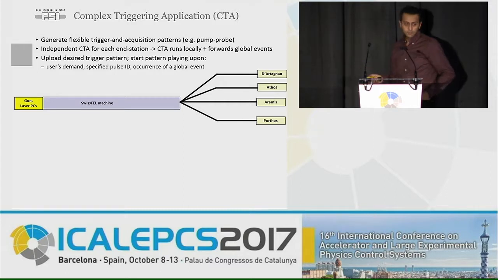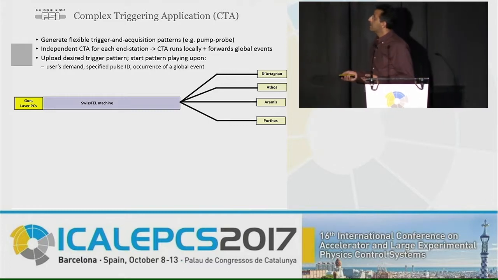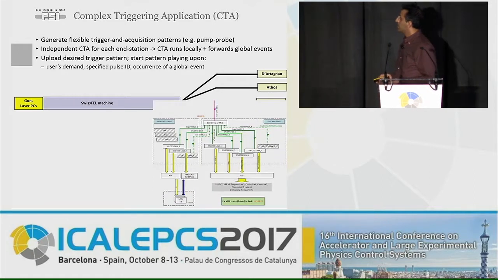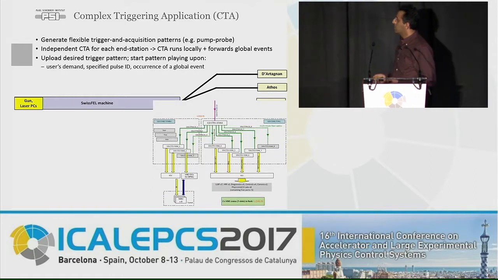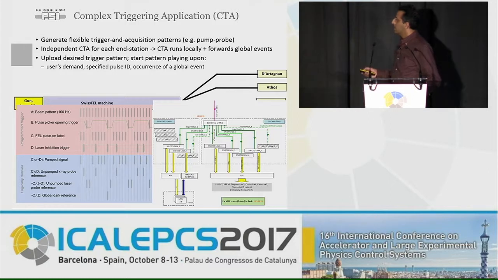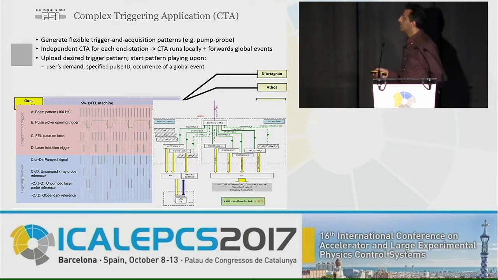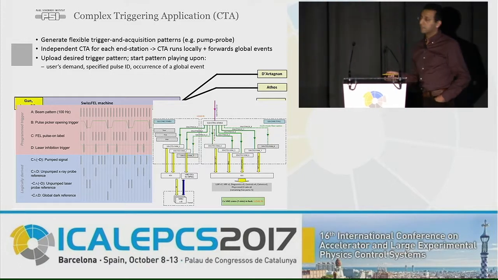And this requires a complex definition of the triggering sequence and then an acquisition which is related to that. And since the experimental stations sometimes want to do this independently at the same time, and we have the architecture that I have shown you at the beginning, each experiment has its own branch of distribution, and such a complex triggering pattern has to be managed. So we had the idea to implement this triggering application in a sub-branch of the timing system, not on the top master, in order to avoid adding higher complexity to the master.